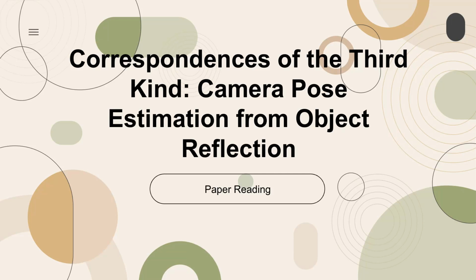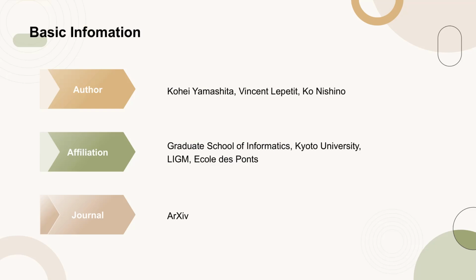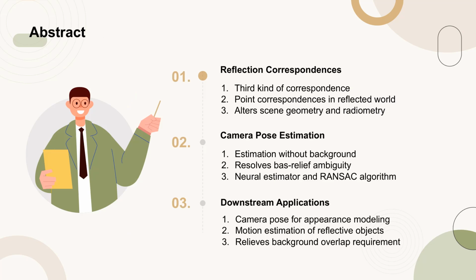Today's paper is titled Correspondences of the Third Kind: Camera Pose Estimation from Object Reflection. This paper was published at ICCV by Kohei Yamashita and colleagues from Kyoto University. In this paper, the authors introduce a novel concept called reflection correspondences, which represent a third kind of correspondence in